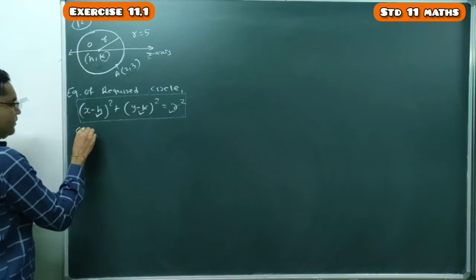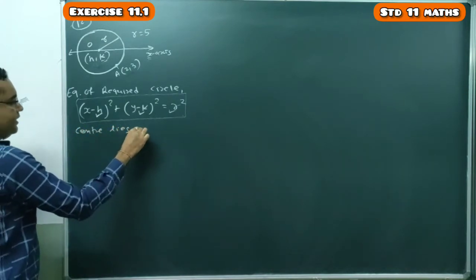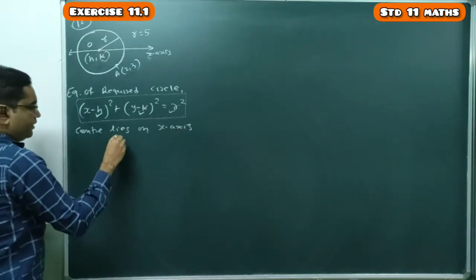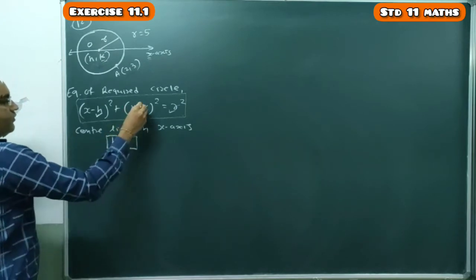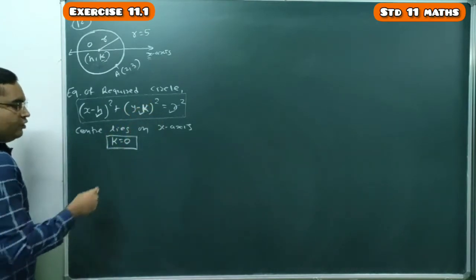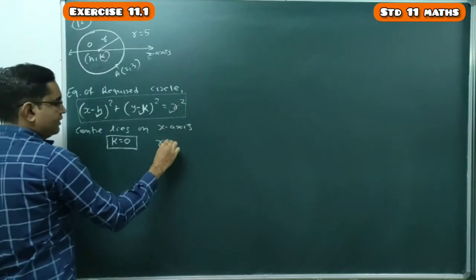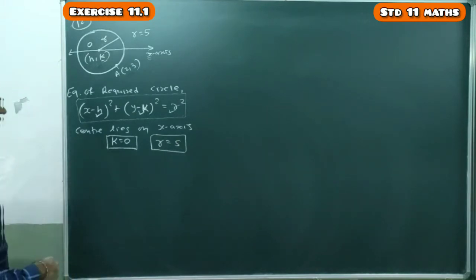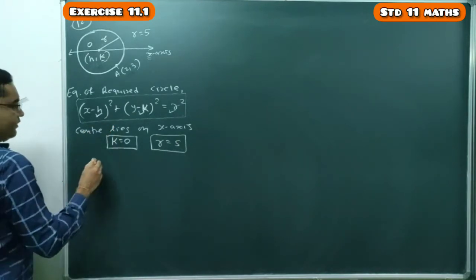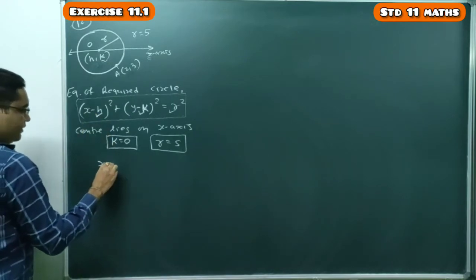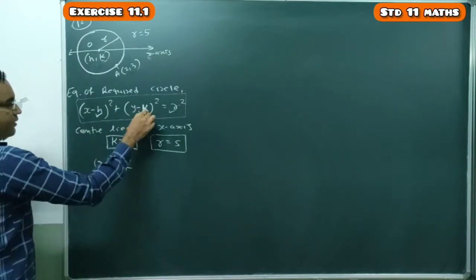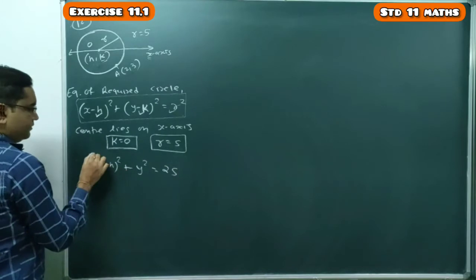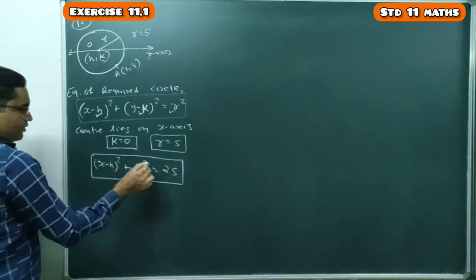So here center lies on x-axis, and hence we can put k equal to 0. So first answer हमें मिल गया है ना. First goal, to find the value of k: 0. We also require r. R is given. R is equal to 5. Done. So now what is the equation of circle? So now we can write equation of circle is x minus h whole square plus y minus k. K is 0. So it's y square equal to r square, 25. आधा इक्वेशन सोल्व हो गया.